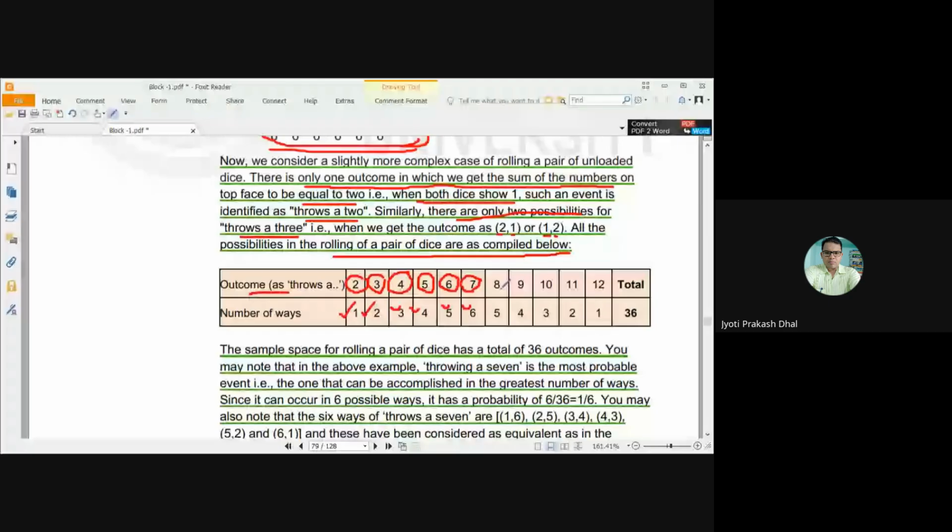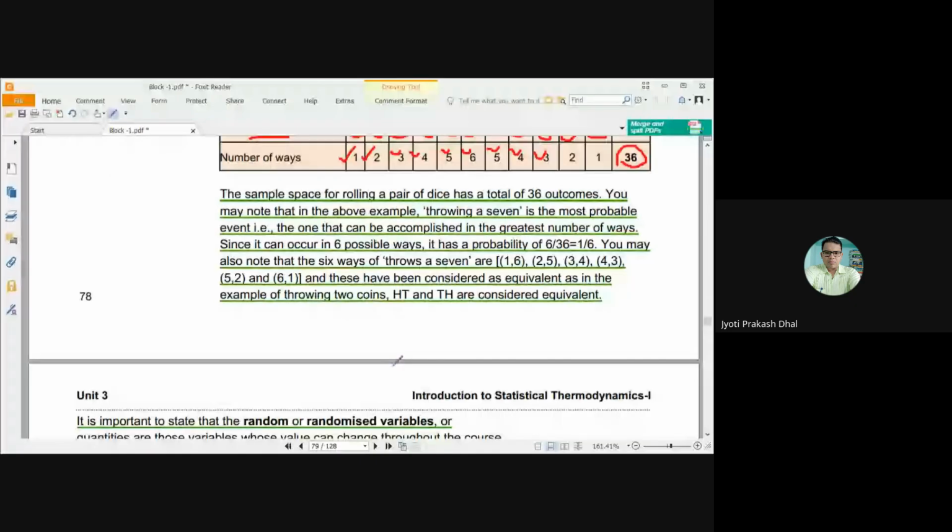For outcome 8, the number of ways will decrease to 5. Similarly, for outcome 9, and so on. The sample space for rolling a pair of dice has a total of 36 outcomes. You may note that in the above example, throwing a 7 is the more probable event. That is, it can be accomplished in the greatest number of ways. So throwing a 7,